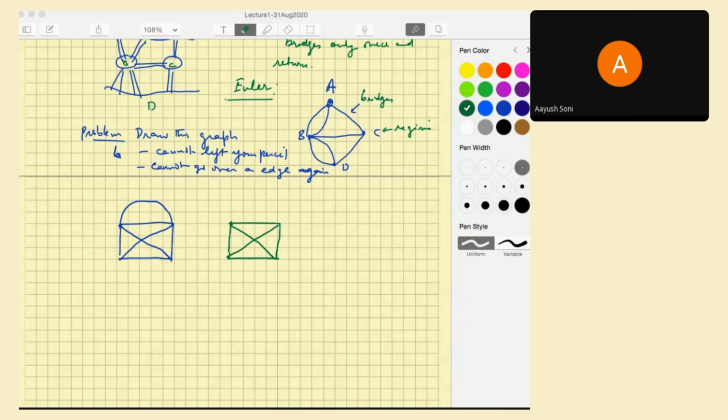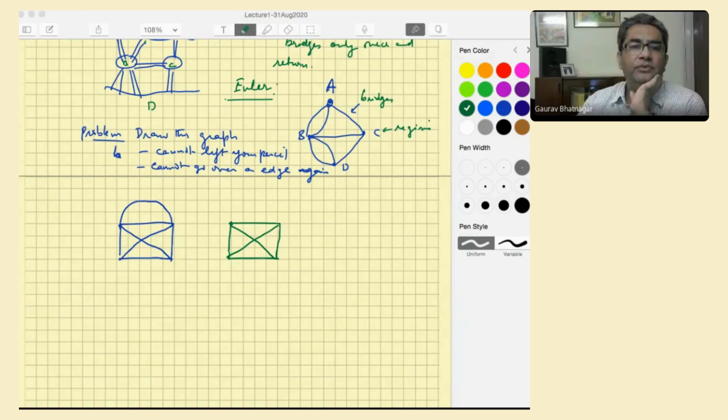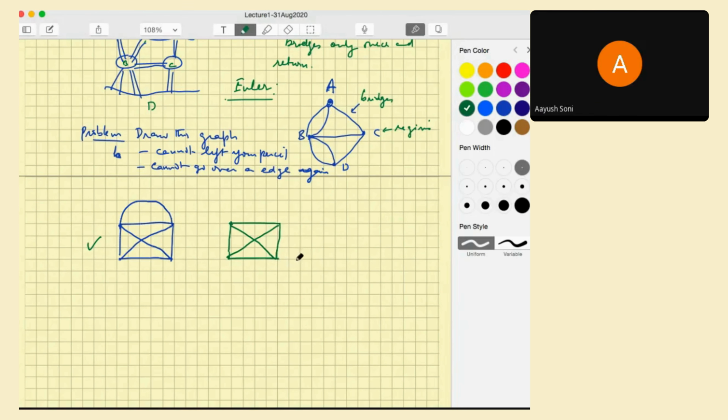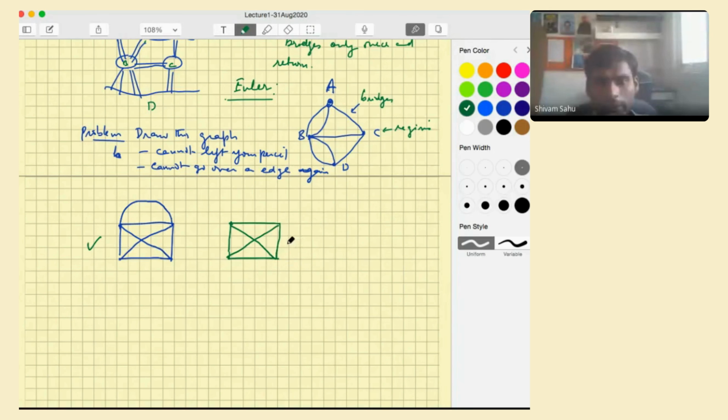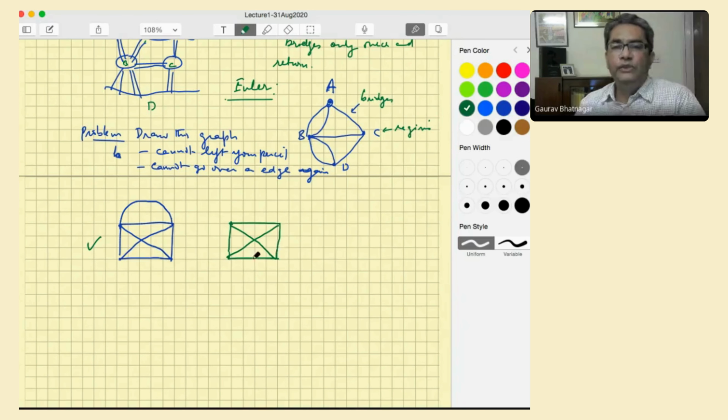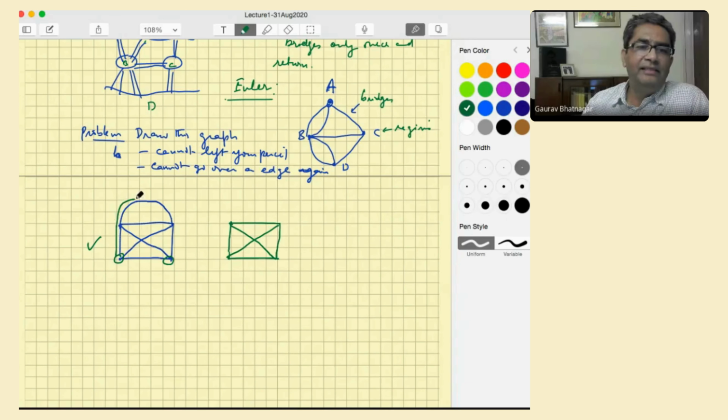Yes, Professor. Which one? This one can be done, right? Left hand side, yeah. Right hand side. Yes, the first one can be done, the second one cannot. So the idea is very simple. If you did it, you probably started from here or here and reached the other point. So if you go like this,